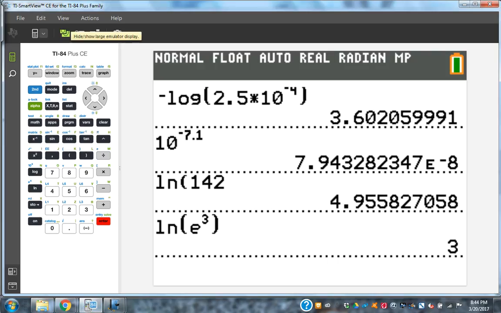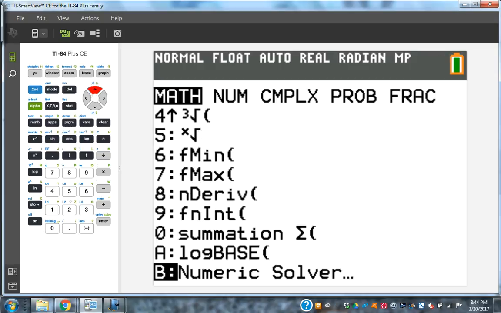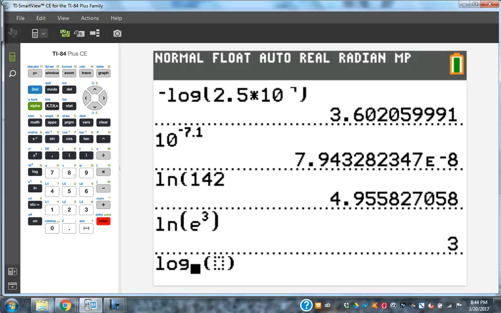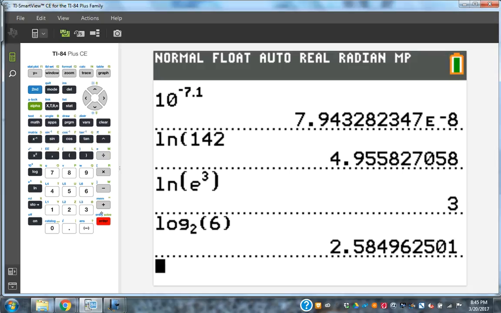So plethora of ways to do that. You can hit math, go to log base, and type in the 2 and the 6 and hit enter, and you get this number. What I'm saying is this 6 makes the 9 go up, so it becomes a 10, and that makes the 4 go up to a 5. So if you're rounding,